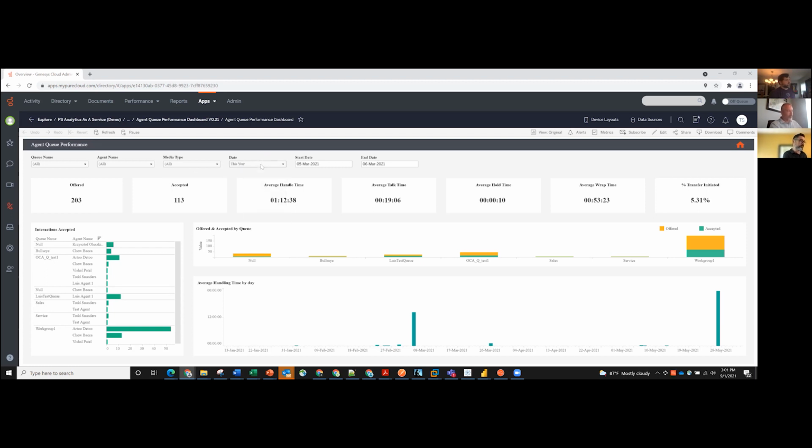We also have preset dates and then a start time and an end time that you can pick instead. Across the top, we have several KPIs. These KPIs can be switched out by the customer. If a customer chooses to use this as a template to build another dashboard, they certainly have that capability. But across the top, we just put in those common KPIs that we normally see, whether it's an agent or a queue. We have offered, accepted, handled, talk, hold, your handling metrics,